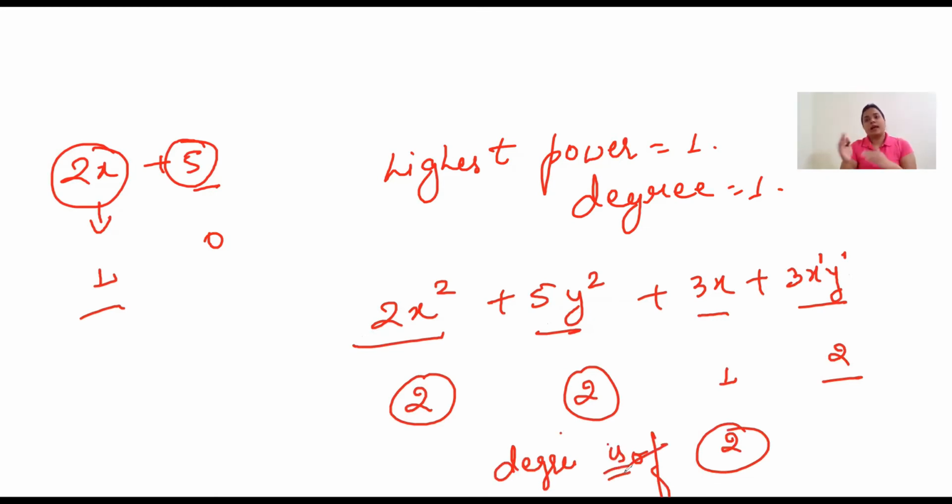Clear. So we can have it like this, in one term we can have different variables, so we need to add all the powers in that case. This we have already done in 9th standard, to identify the terms, identify the degrees, like to write polynomials as linear, cubic, quadratic. We have already done this in 9th. We're just doing this for revision purposes, so you will not get any confusion while we are doing the chapter.